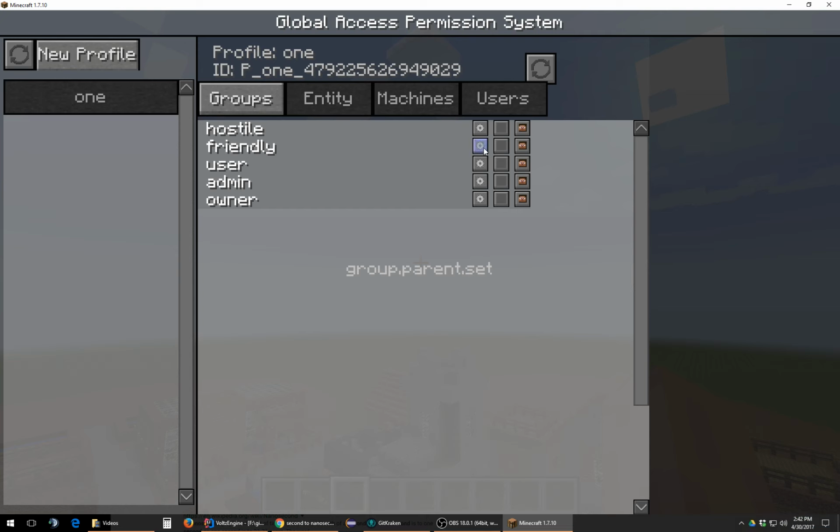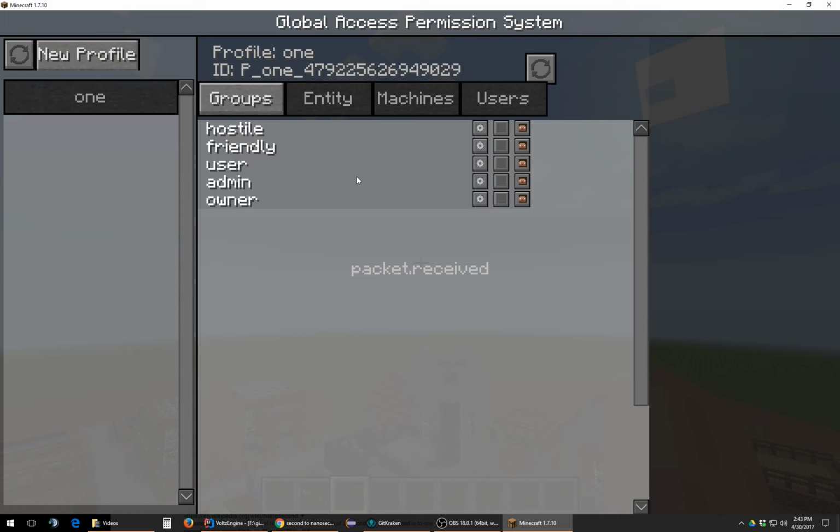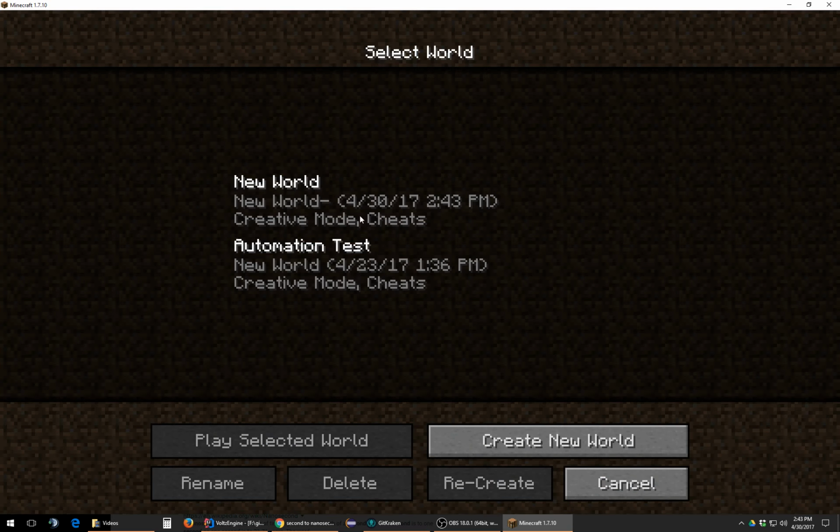Friendly is meant to mark people that you don't want your sentry guns to kill, but don't want to have access to any of your systems. Hostile is designed to mark stuff to always be killed. Okay, it's set there. If we hit reload and open it up, it's working. Now if we hit save and quit and load back in,